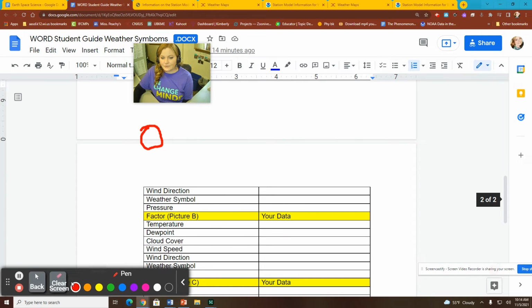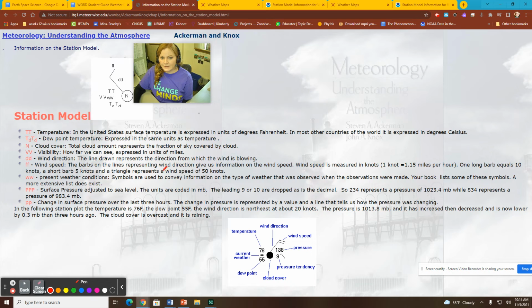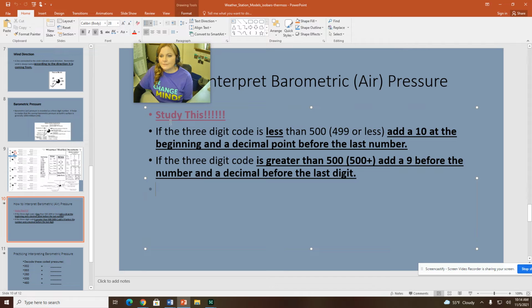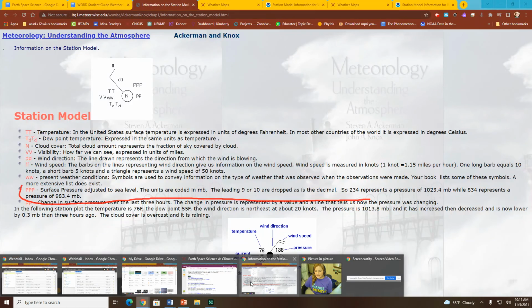And then it asks for pressure, and that one's a little bit trickier. How we do pressure is, the information is given right here. I actually have this in a PowerPoint for today as well, so I'm going to put this up here. If the 3-digit code is less than 500, so 499 or less, you add a 10 at the beginning and a decimal point before the last number. If the 3-digit code is greater than 500, you add a 9 before the number and a decimal before the last number. So what that means